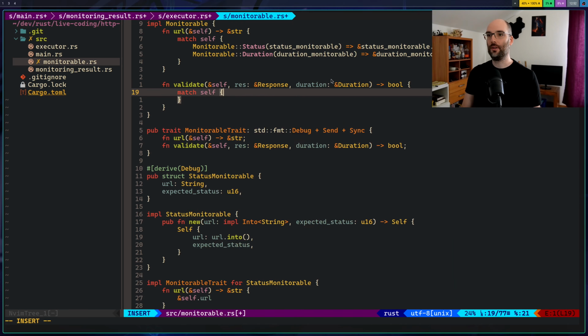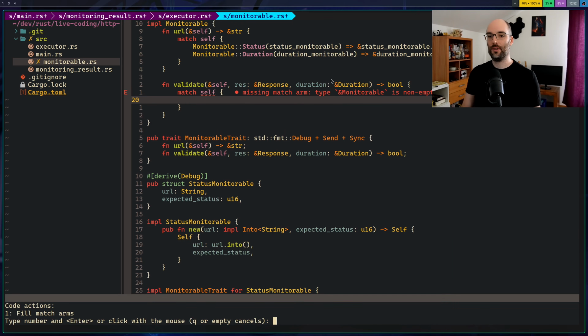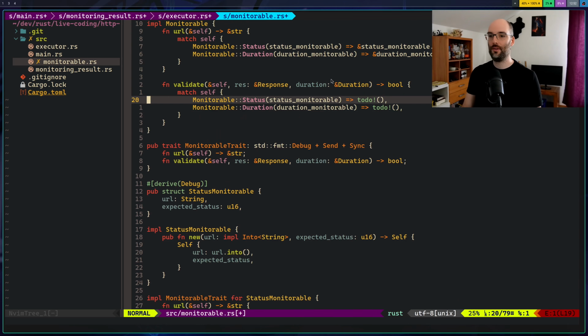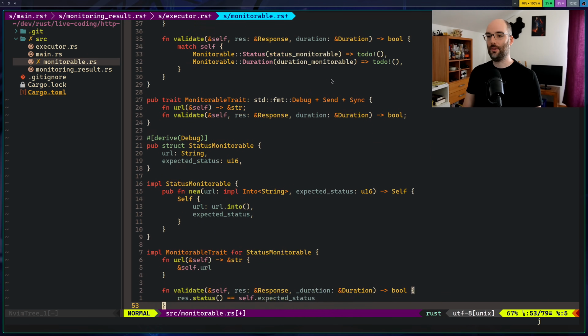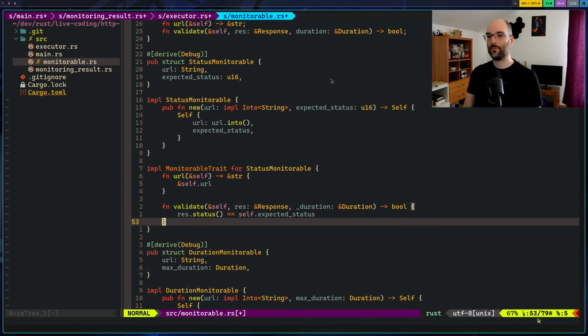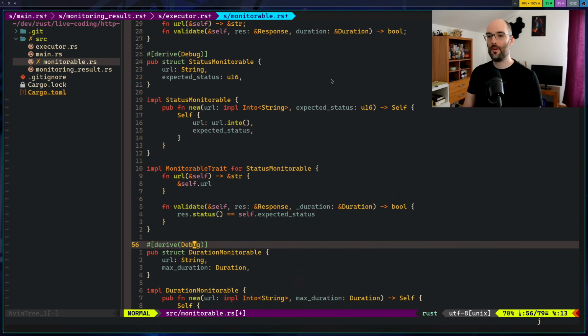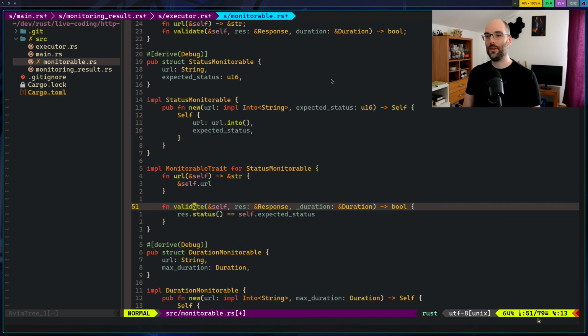We match on self again, fill the match arms because we're lazy. And now we'll have to probably snag this implementation from down here. Validate, yeah, exactly.